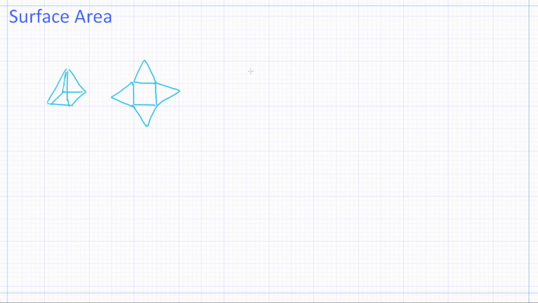right? Now there are some shapes which are a bit more difficult for us to find a proof. Some of them would require calculus. So for example, if I've got a sphere and I open up that sphere, and let's say the sphere's radius is r, then the surface area of the sphere would simply be 4 pi r squared,